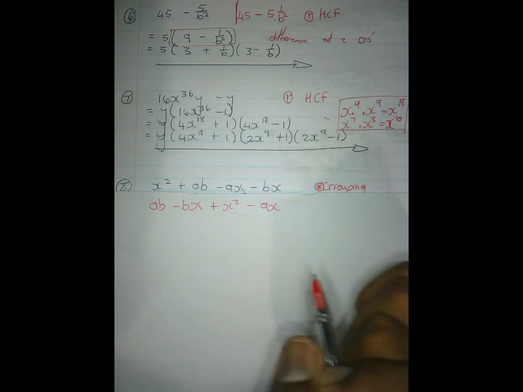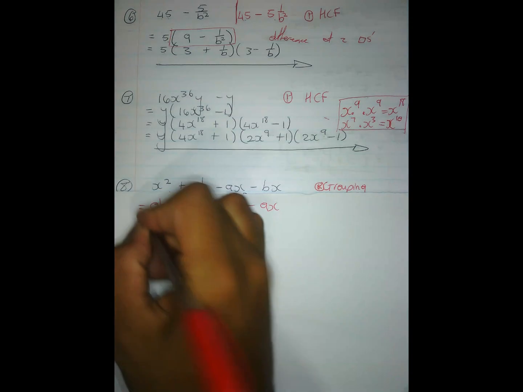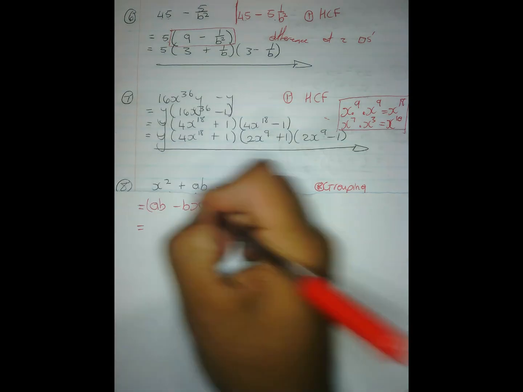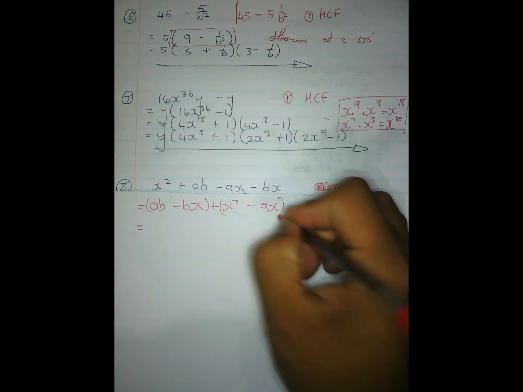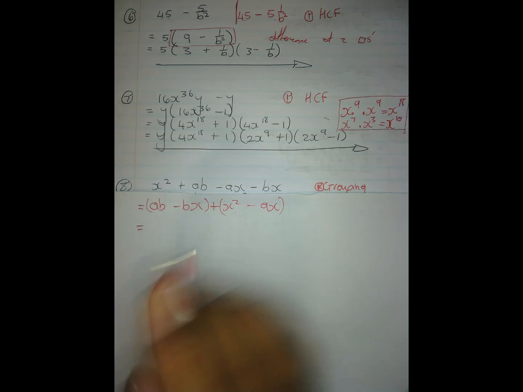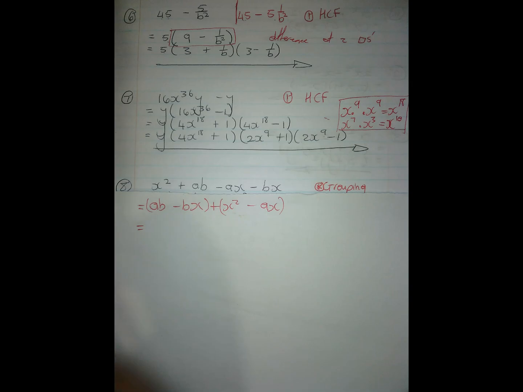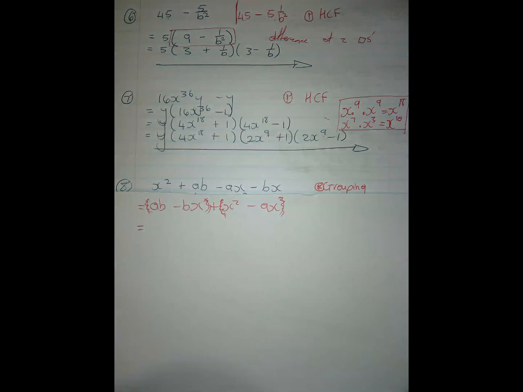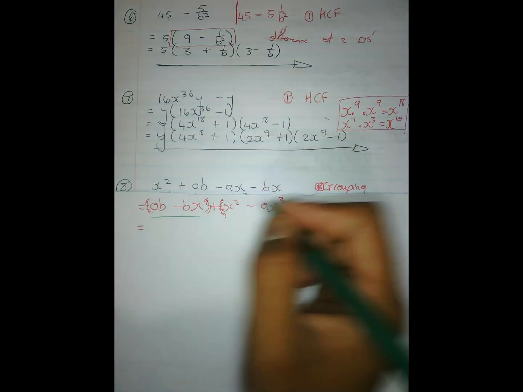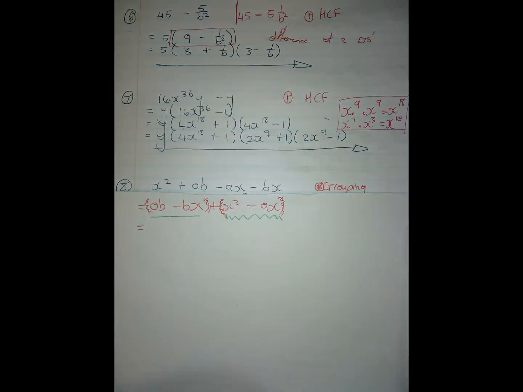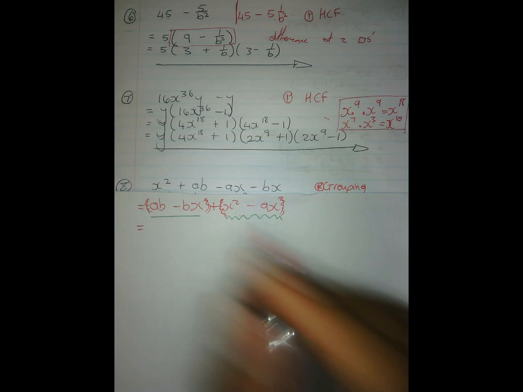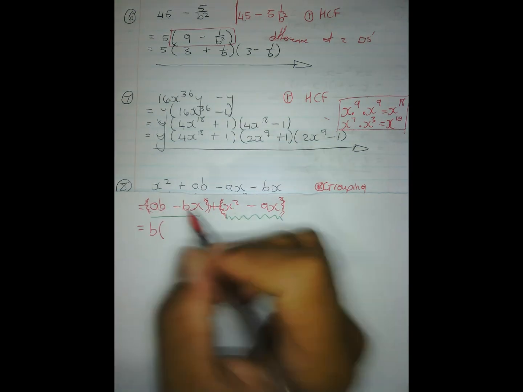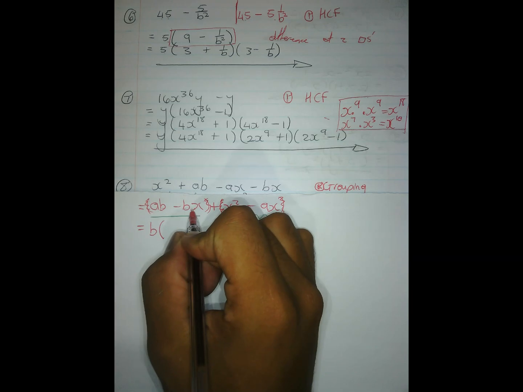So what do I do next? I look at what I have. I look at these two now here in front. So I look at these first, the first bracket. Don't put them in brackets because a sign might throw you off. Don't want to confuse you with that. So you're going to do the first two, then the second two will be afterwards. Highest common factor here will be A B. Left over is a minus A X.